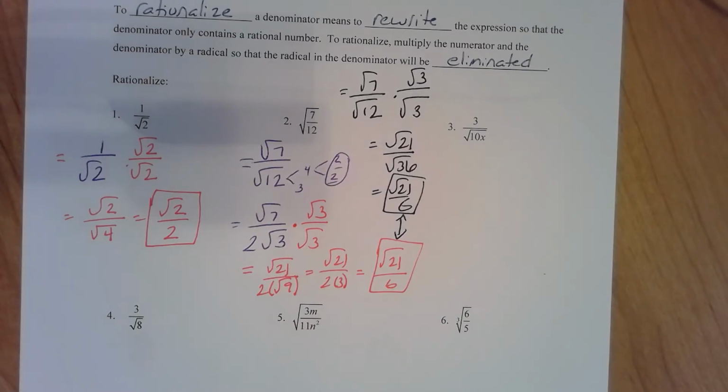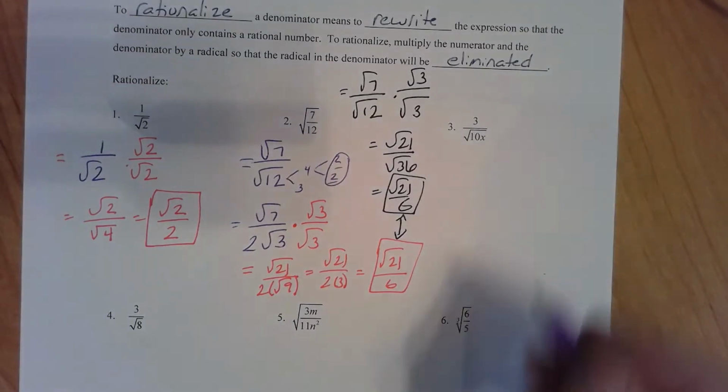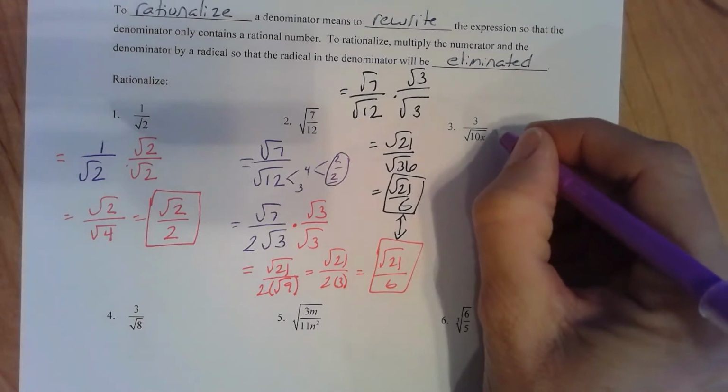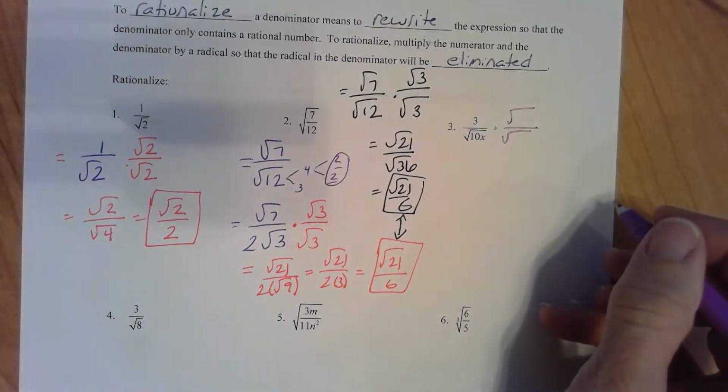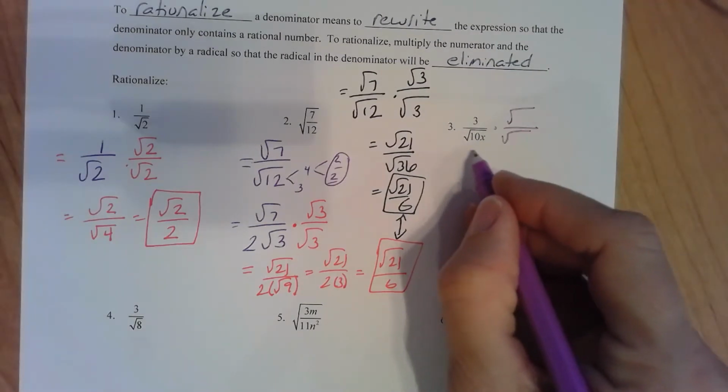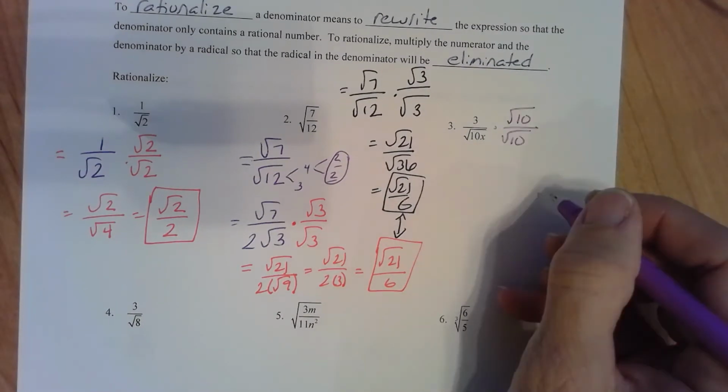So on number 3, we have 3 over the square root of 10 times x. Well, what's the first square that 10 can go into? It's 100. If you try and do the factor tree, 10 is 2 times 5. There's no pairs to take out. So we know